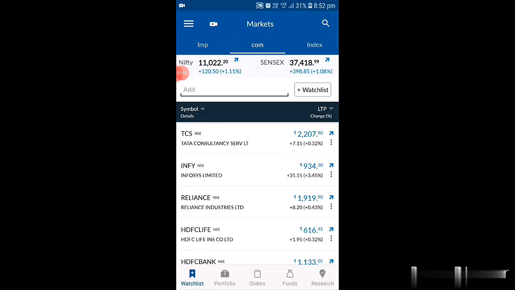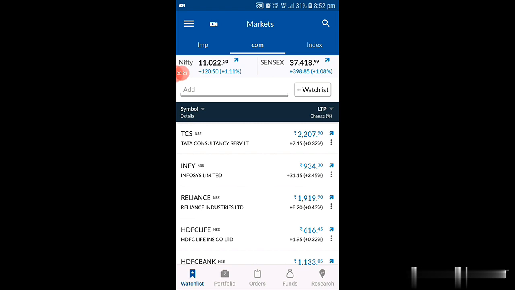So this is one of the basic ideas: when you are going for a long time or a short time, you always have to keep in mind the 200 EMA and RSI. The 200 EMA and RSI are very important. You have to set all those things and identify which stocks are crossing the 200 EMA. Based on that only, you have to buy.